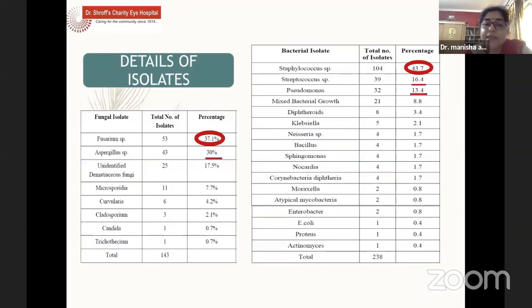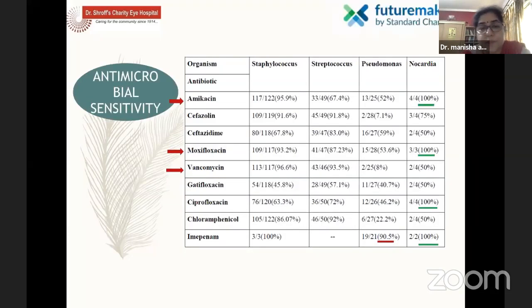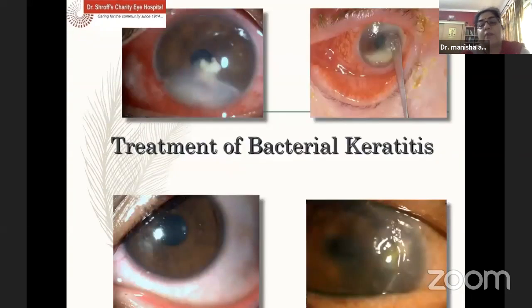If you look at the details, I'll just stick to bacterial keratitis. Staphylococcus was the most prominent organism identified in gram positive, followed by Streptococcus, and in gram negative, Pseudomonas remains an important organism, the proportion of which is growing as the years pass. The sensitivity pattern is always a matter of concern when it comes to Pseudomonas. Even in our study, we found that it was slowly getting resistant to a lot of the standard medications we've been using for gram-negative bacteria.